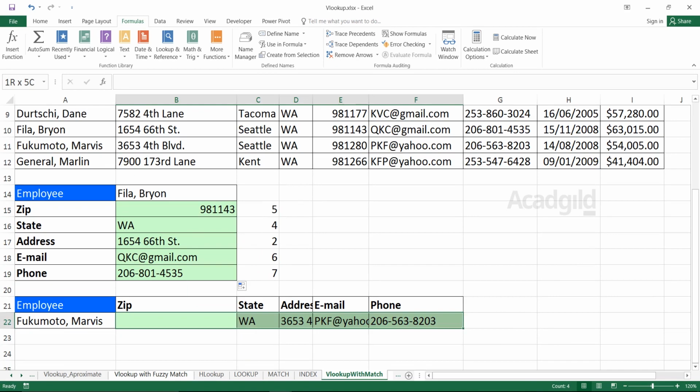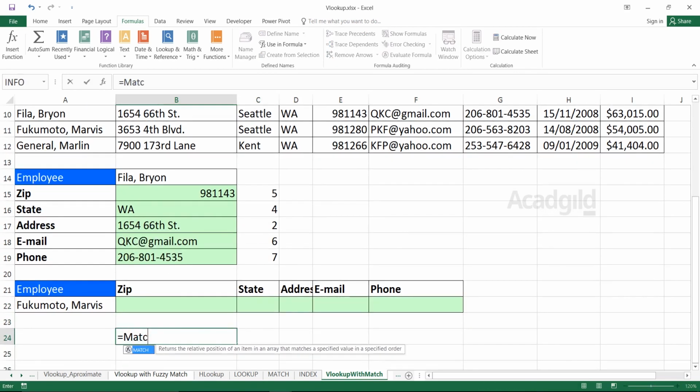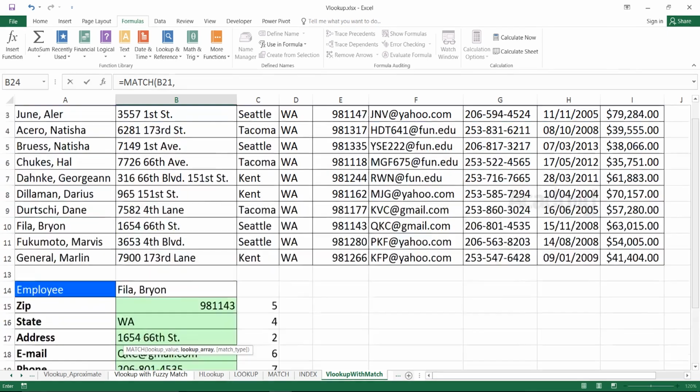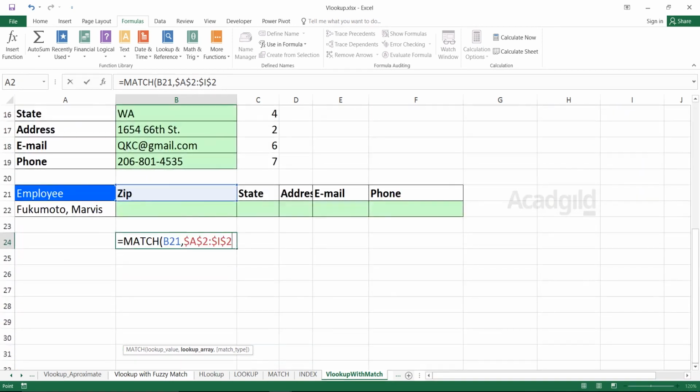Let's see how to work with the horizontal method. Here I'll use the function first of all, equal to MATCH, value of this one is lookup value, comma, I want to find out in the lookup array. So that's my lookup array. Press F4 key from the keyboard, comma, 0. Why F4? Because if I drag this function on the right hand side,